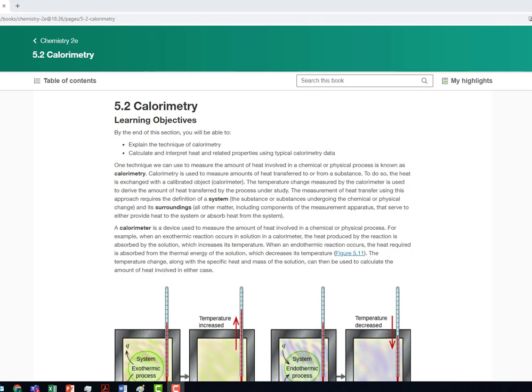So calorimetry is a process of measuring the heat transferred in a substance, so going either into or out of the substance. And in order to figure that out, we have to calibrate it by comparing it to something that we know for sure how much heat was going into or out of that substance. So what we end up doing is